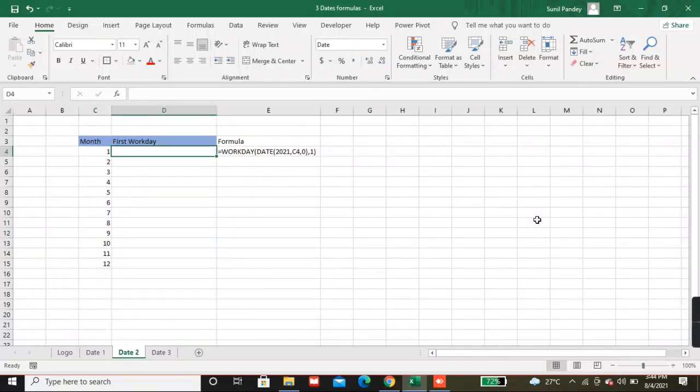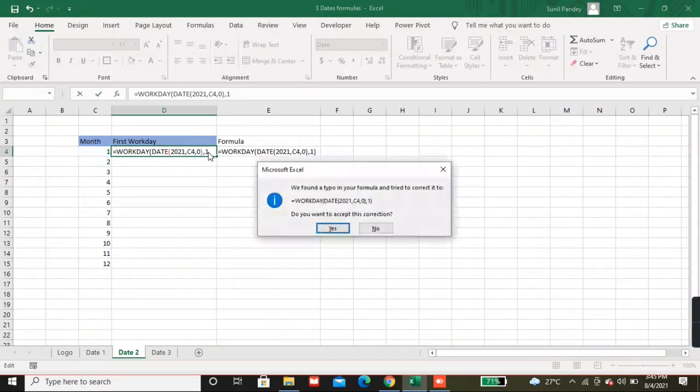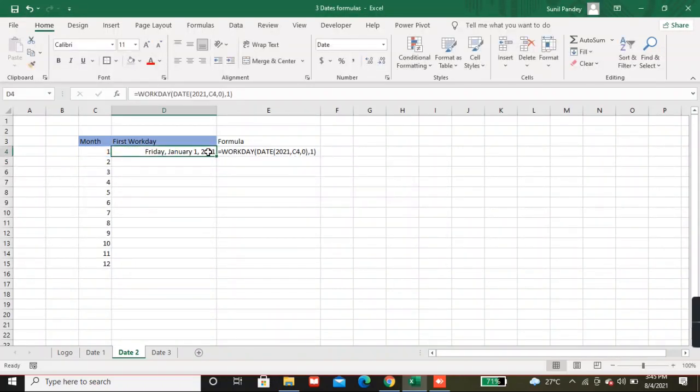Okay, so I'll put DATE and the year would be 2021, month would be this, and here I'll put 0 for the day, and this formula we'll add in WORKDAY and 1.